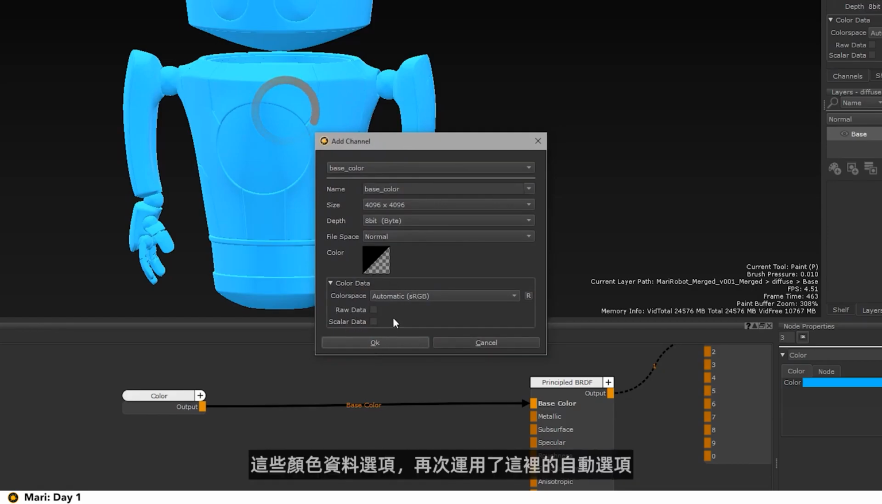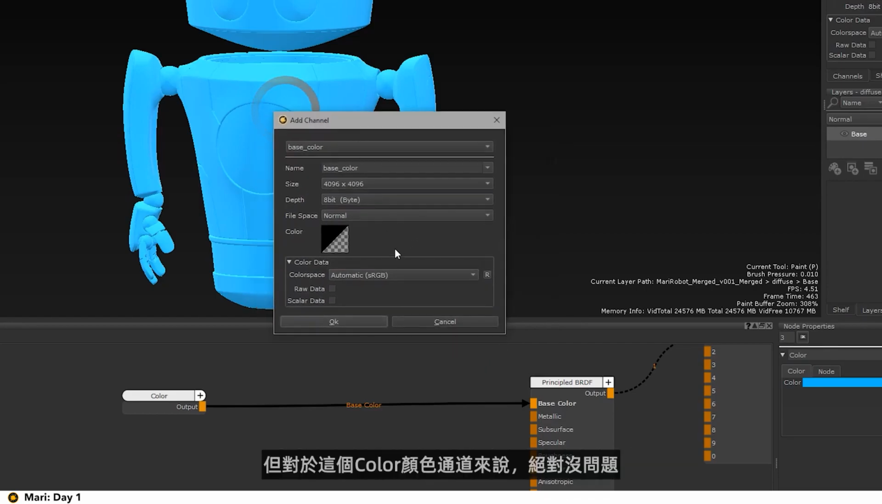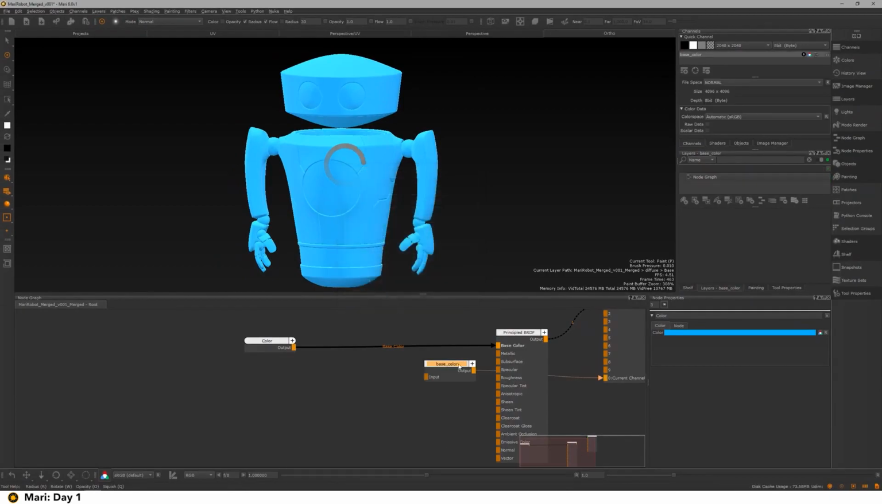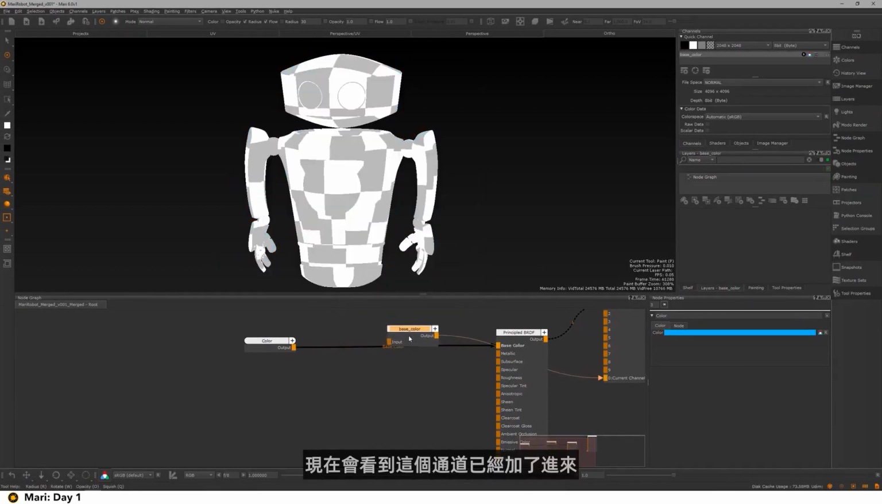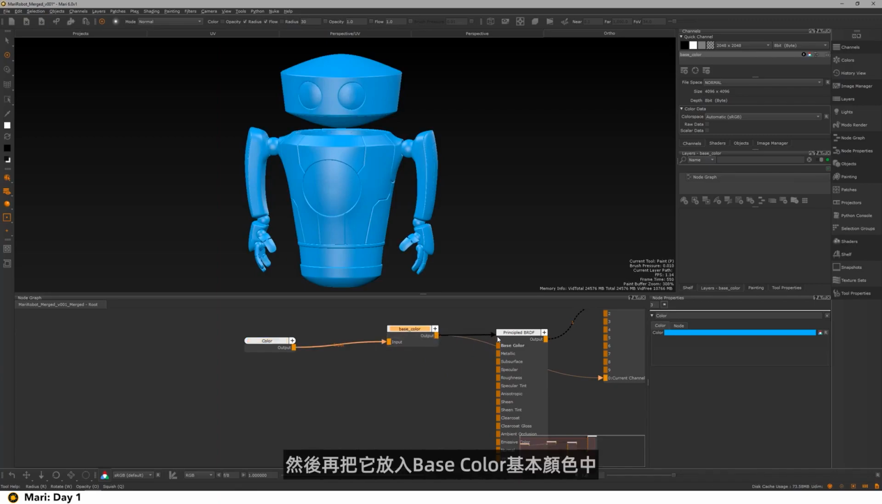And these color data options, again, it's using the automatic one here. This is fine for now. I don't want to talk too much about color management, but we are going to have to at some point. But for this color channel, this is absolutely fine. So we're just going to use the default, and I'm going to click OK on that. You'll see now it drops down this channel, and I'm going to actually put my color into there by dragging and dropping it. I'm going to unplug this by dragging that off,